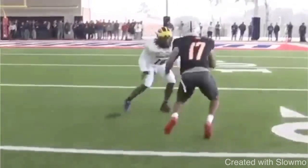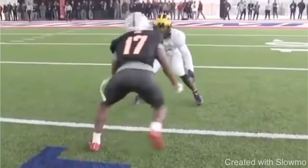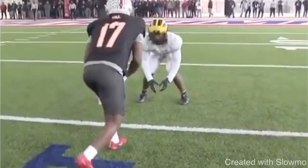So you see how he slides to the outside, hits him with that crossover, and then is able to create space. Now the big thing that everybody says is, oh, it takes too long. It's not that long. It takes about 1.5 seconds, 2 seconds if you're doing it correctly. So it doesn't take too long. But it takes too long if it's cover 0, the quarterback's getting a 7-man blitz, and he needs to get the ball off. You need to come with something quicker, probably a diamond release,